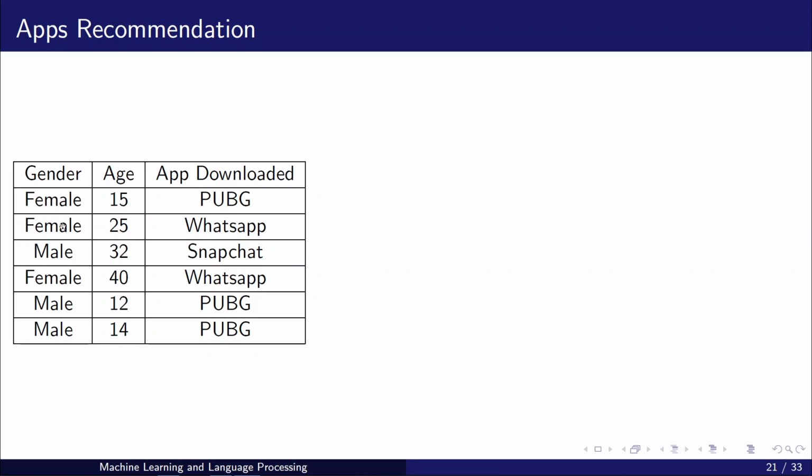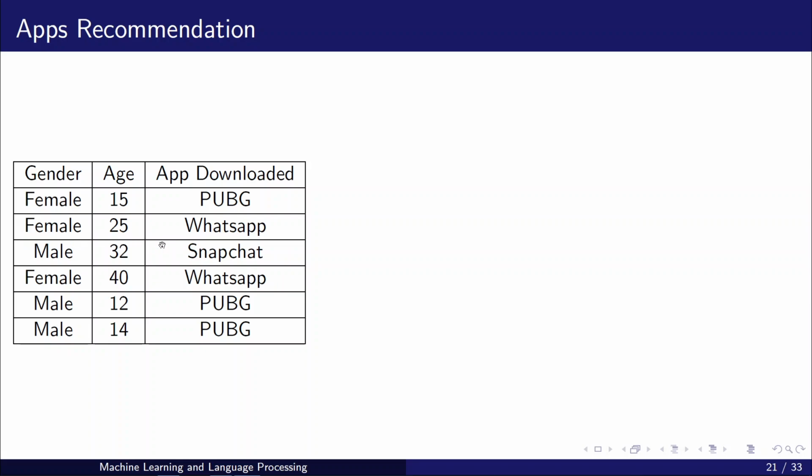Now let's look at this. We have only two feature columns, and this is your target column. Which column can be better used for categorizing? Let's say gender. Female downloaded WhatsApp and PUBG.